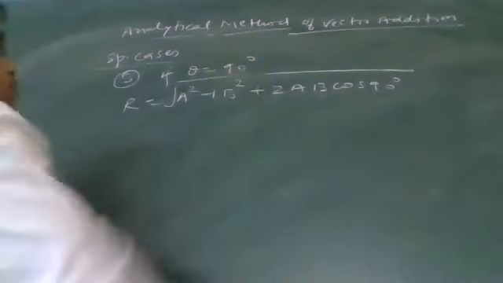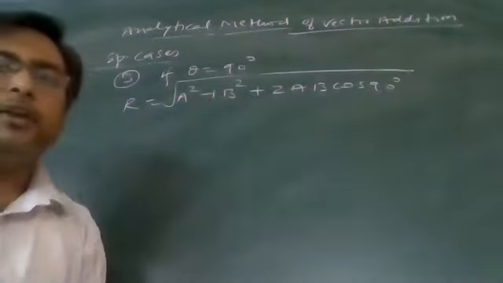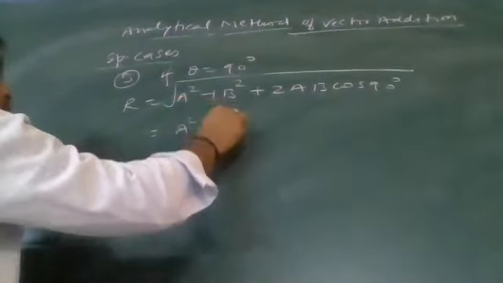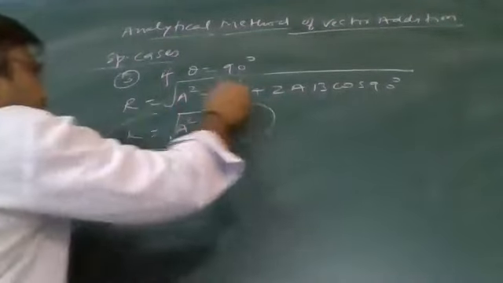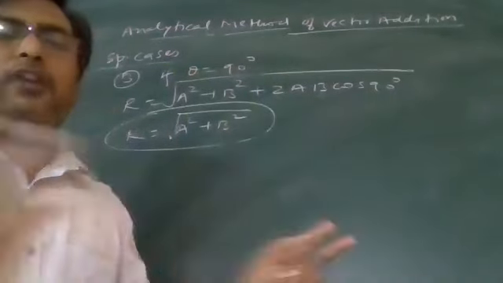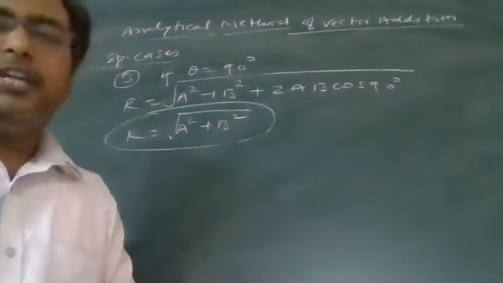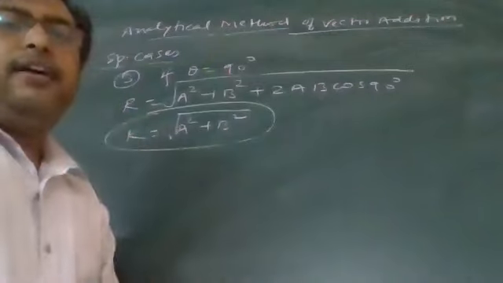Yeah, if theta is equal to 90 degrees, then the resultant magnitude is the square root of A square plus B square plus 2AB cos 90. And cos 90 is 0. That means you will get only A square plus B square, and the square root of this is the value of R. Make sure when theta is 90, it is not giving you maximum, and it is not giving you minimum. For maximum, I need theta 0. For minimum, I need theta 180. At 90, the resultant is neither the maximum nor the minimum value.